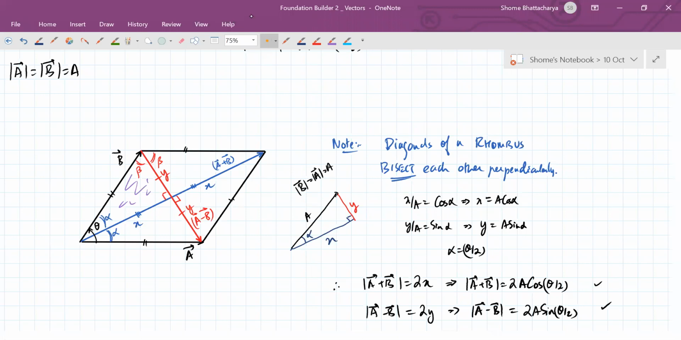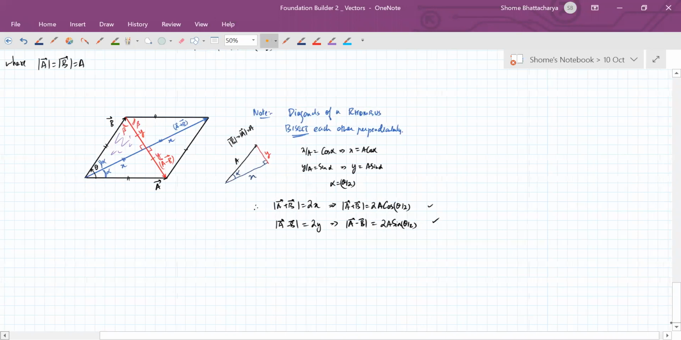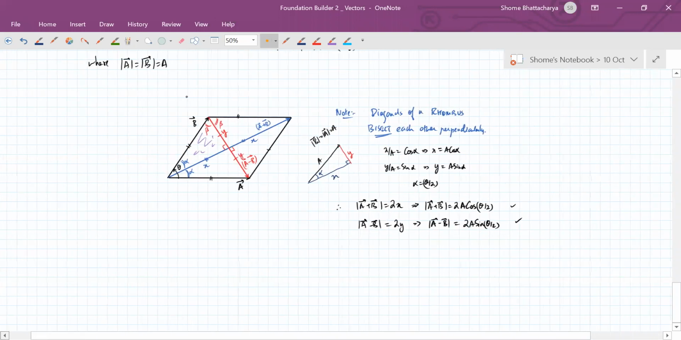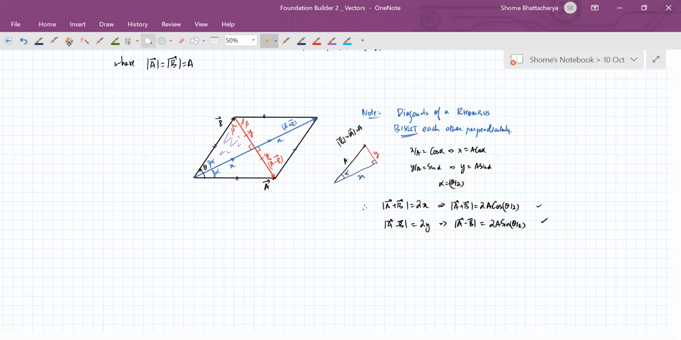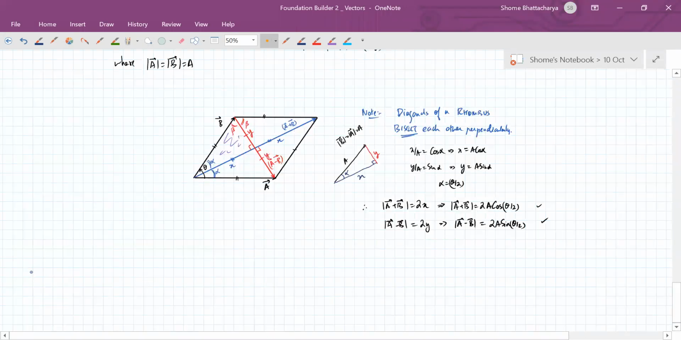Okay, so hope you finished writing this down. So let us again see an example question or two, to show you how this is very useful in solving problems fast, saving time. If A plus B is perpendicular to A minus B,